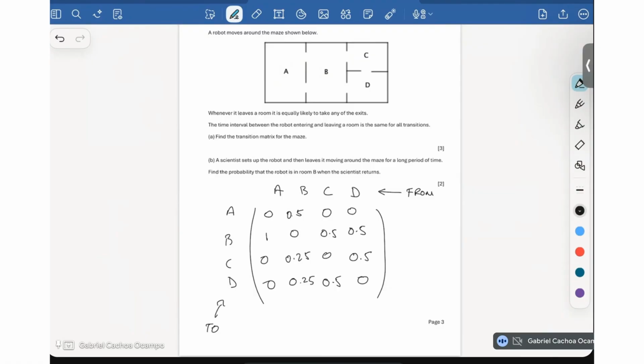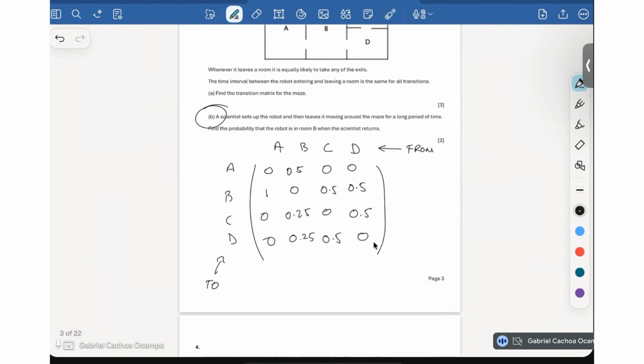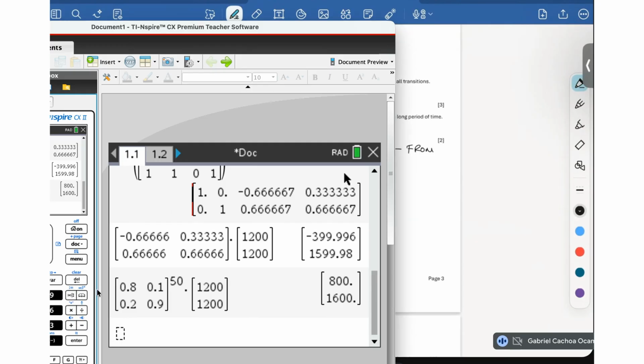So this would be my transition matrix for the mouse moving in the maze. And this would be the answer for part A. And now for part B, I just want to find the steady state of this matrix. And what is the probability that the mouse goes to room B? So I need to create